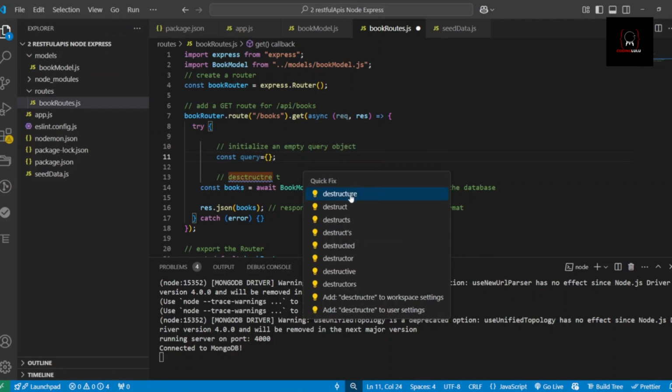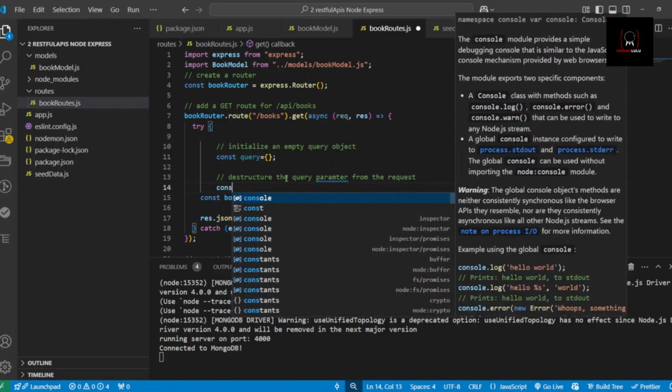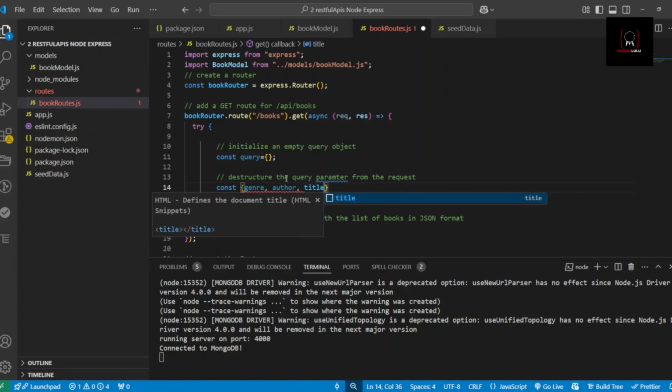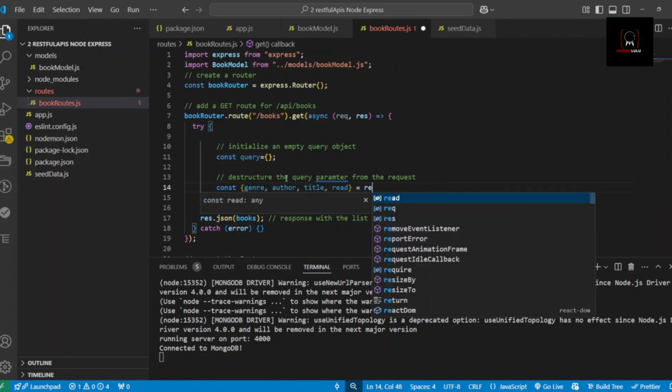So this structure, the query parameter from the request. Okay, so to do that's very easy. So const, so we know we have genre, we have author, we have title, and we have read as well. Okay, and that will be coming from our request body